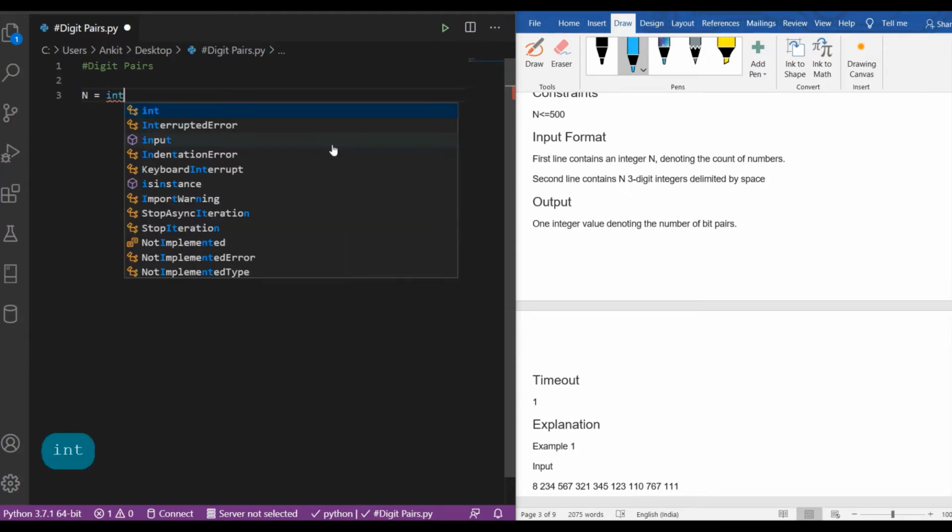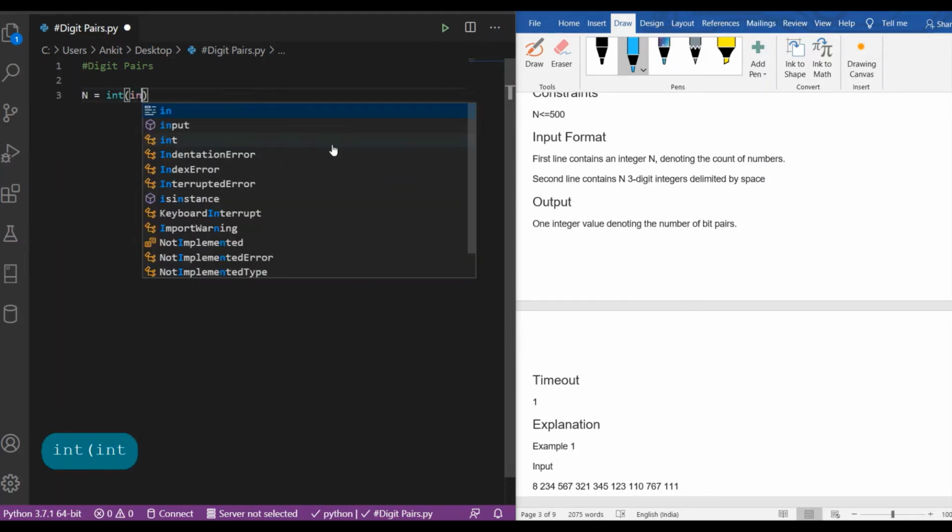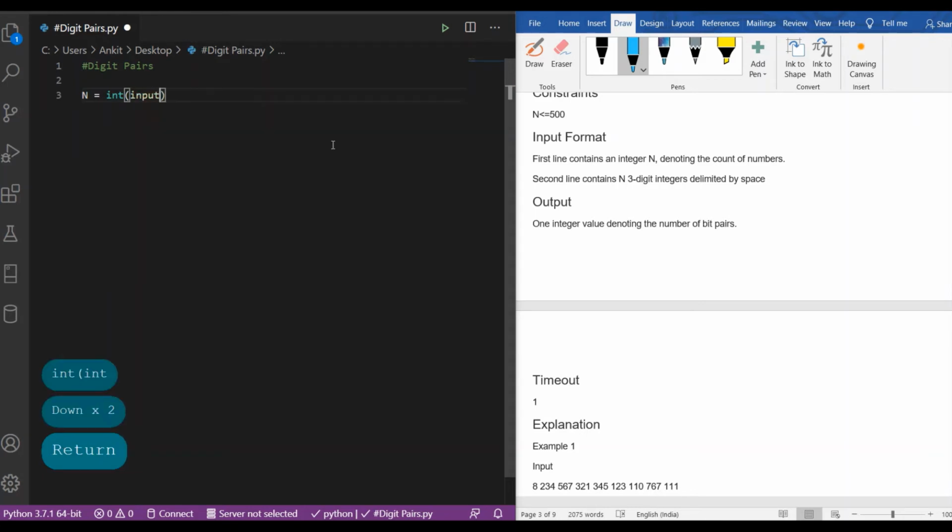So we will take the input from the user. The second line contains n numbers of 3 digits separated by a space. So we have to take the input from the user, n three digit numbers separated by a space.